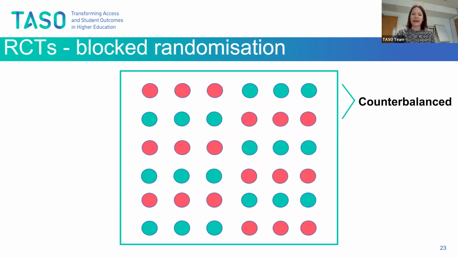Very similarly, and linked to that, is blocked randomization. The same logic applies, but rather than doing it one on, one off, one on, one off, we just do it in blocks. So maybe the first 3 people get the leaflet or brochure, and the next 3 people don't, the next 3 do, etc. You can see here the introduction of something called a counterbalance check, or that we can